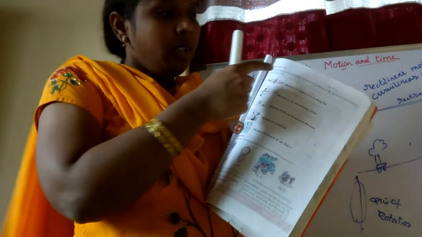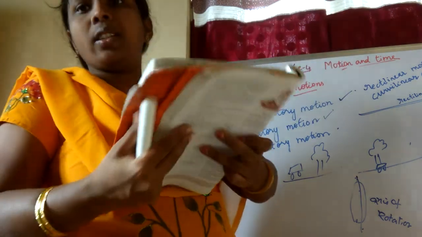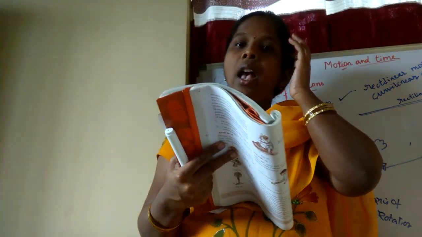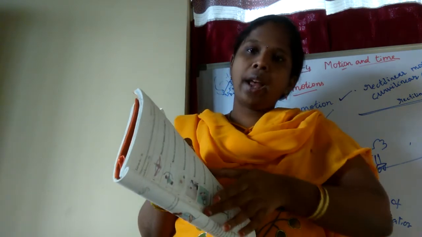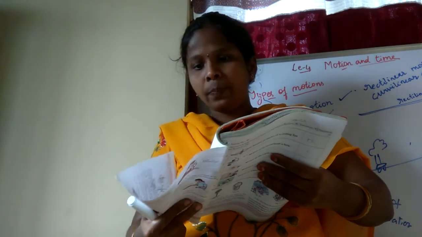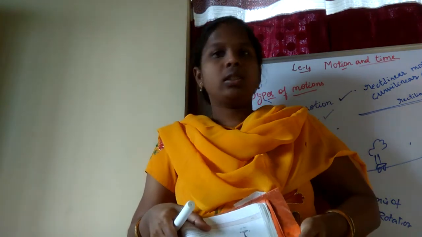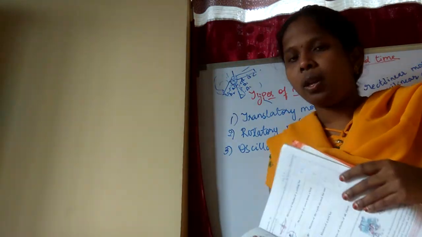If you are seeing, let us do number 10, page number 35. In this activity, the motion of the blades of a ceiling fan, you have to write whether it belongs to translatory, rotatory, or only rotatory. And the motion of an arrow from the bow, in which motion does it belong to? These all we have to write. Two tabular forms I have given. One is this one, and the other one is on page number 33, where you have to identify curvilinear and rectilinear.